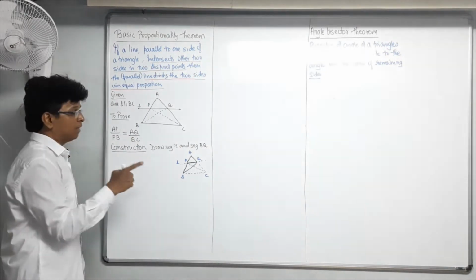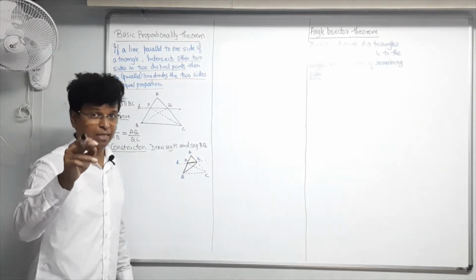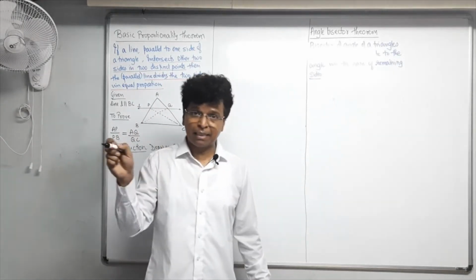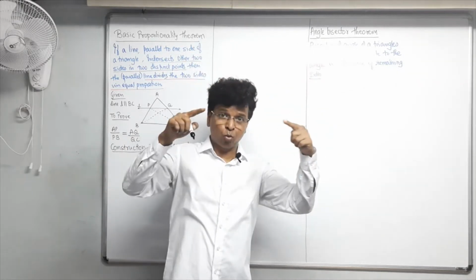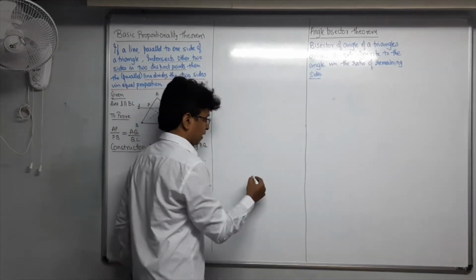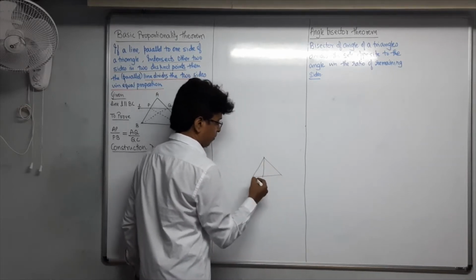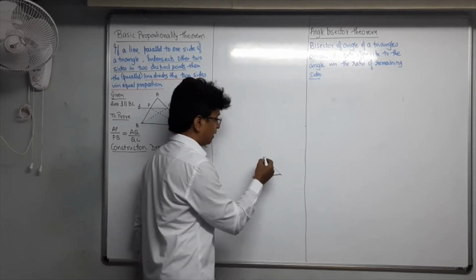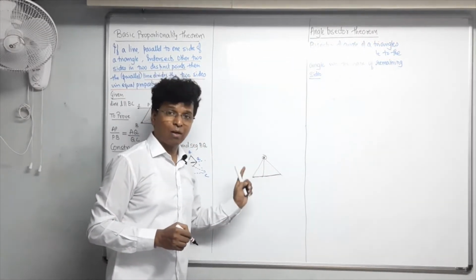Yesterday I have done that. Do you feel that these triangles have equal heights? You can say this. How? Yesterday we have done that. If the two triangles have bases in the same line and they share a common vertex, then the two triangles have equal heights. Right? These are the two triangles having bases in the same line. This is one base, this is the second base, having bases in one line and they share a common vertex. Then I can say that these two triangles have equal heights.